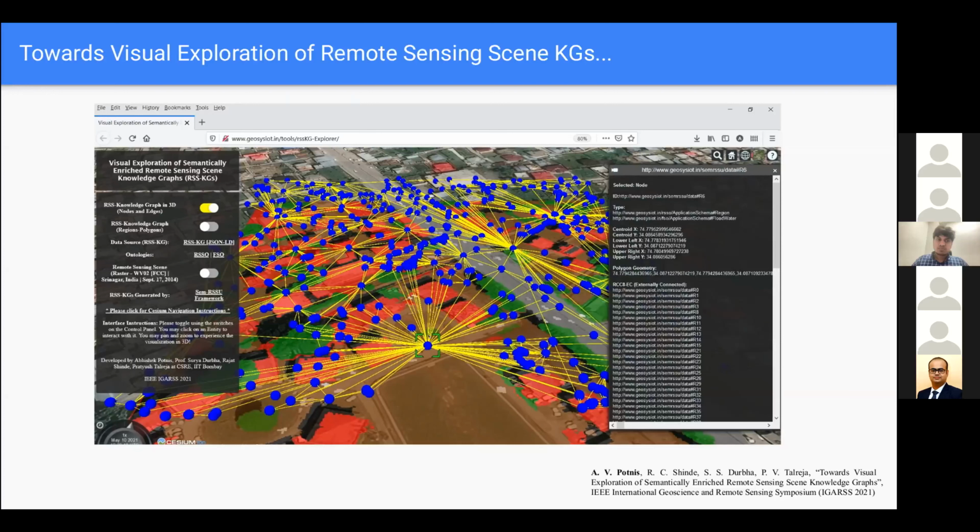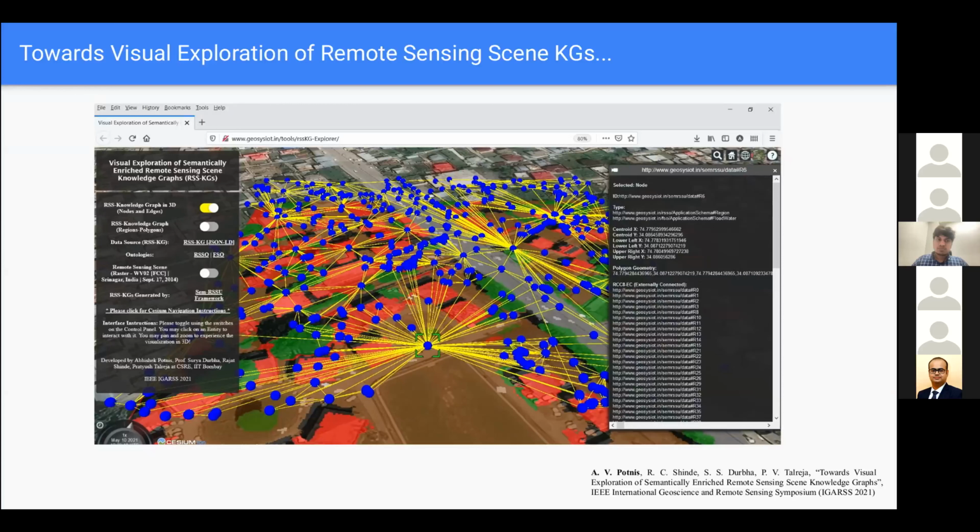The most important bit in this visual exploration tool that we developed is the aspect of intuitive interaction with the user. Each of these nodes in the knowledge graph is clickable. And if you click on this node, you are presented with the attribute and metadata information related to that node. So these were the research advances that I wanted to share with you all through this platform, which essentially fulfilled the three research objectives that we talked about earlier.